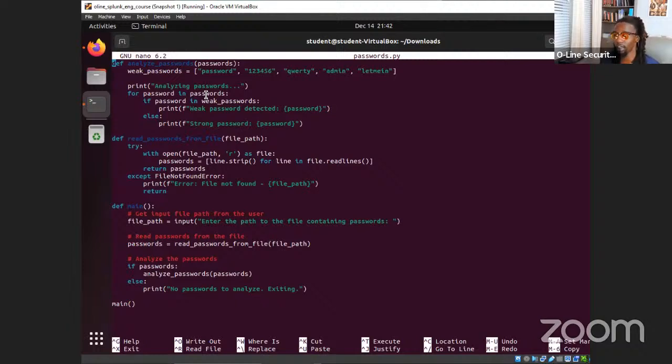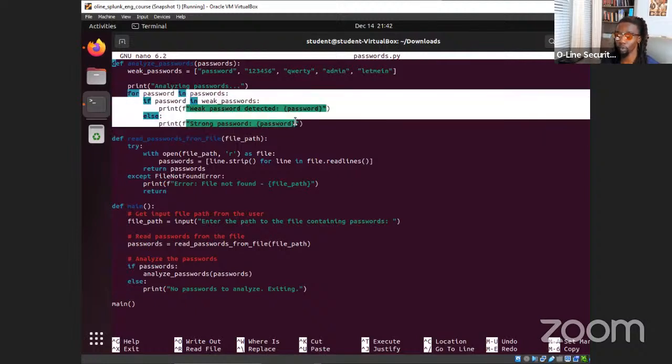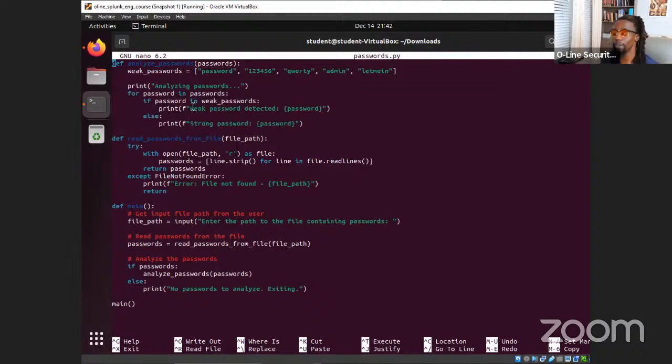We're going to see this in action. All right, cool. The next thing in this function is a for loop. We're looping through things. So it's better if I go through it for us to understand. So what this loop is doing, right? We're looping through our list. So what it's doing is saying, hey, for every password in our list of passwords,